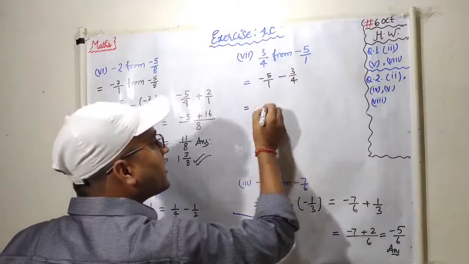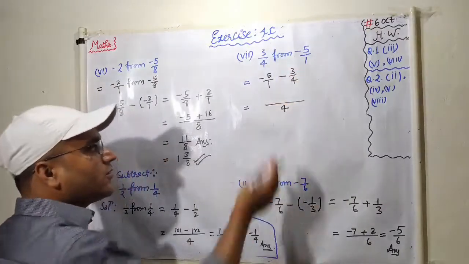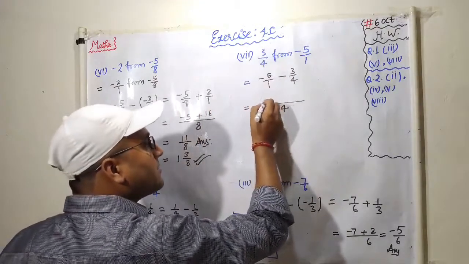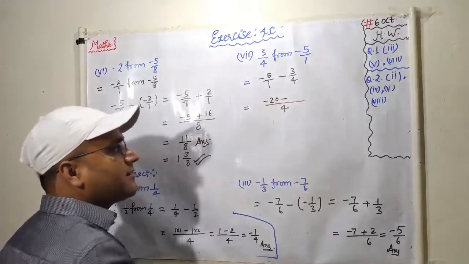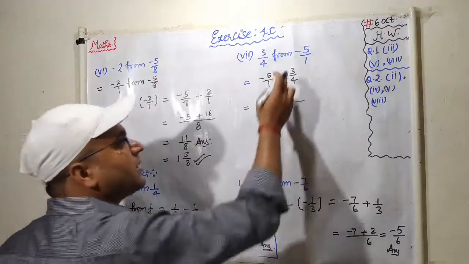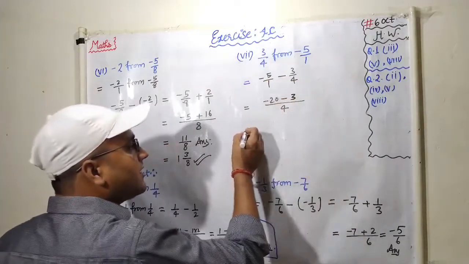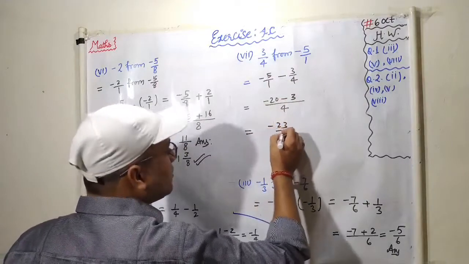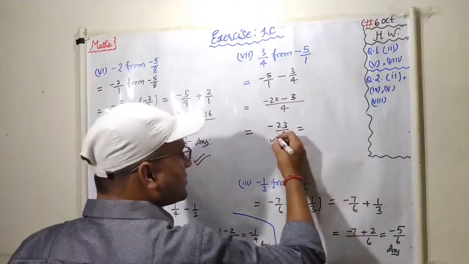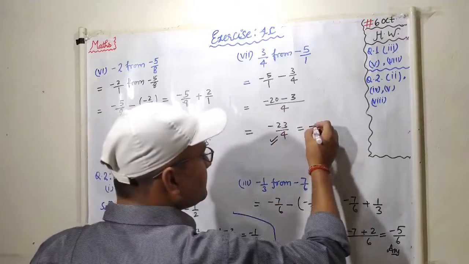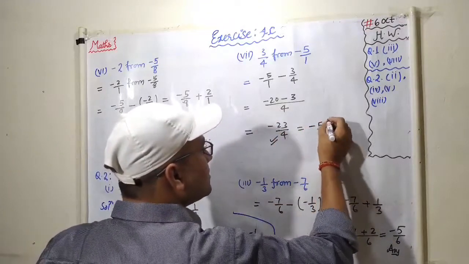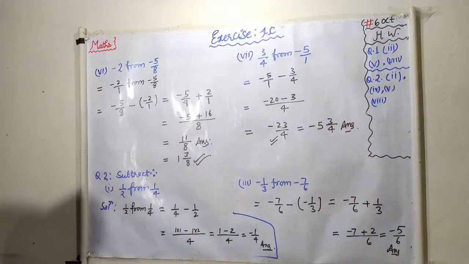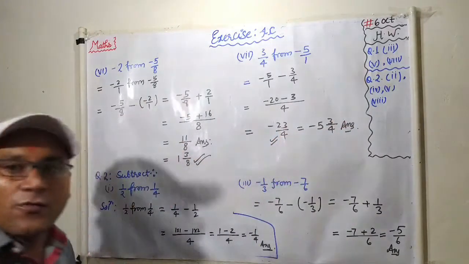Okay, take the LCM of 1 and 4, you will get 4, and by 1 if you divide 4, you will get 4, and 4 is multiplied into minus 5, minus 20 and minus sign. By 4, if you divide 4, 1 is multiplied into 3, you will get the same 3. And both are negative, add the value and put the negative sign. Minus 23 upon 4, you will change it into a mixed fraction. This is your answer, okay? Change this one. Minus 5 whole 3 by 4. This is your answer. Minus 5 whole 3 by 4, or this one is minus 23 upon 4, students.